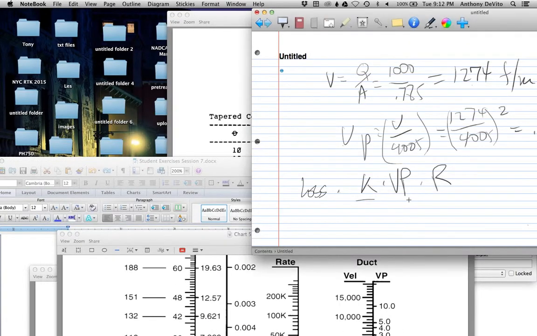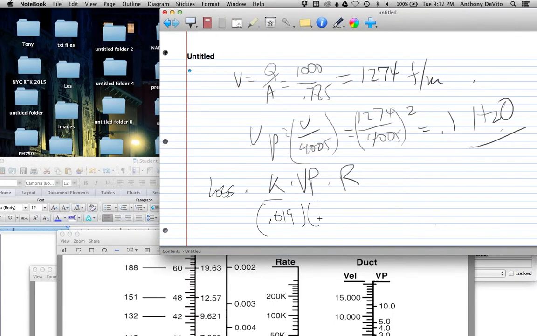So our static pressure loss, the amount of static pressure that we're going to lose going through this transition is going through this how many feet? 100 feet of ductwork is going to be equal to 0.019 times the velocity pressure, which was equal to 0.1, times the roughness factor, which is 1, times the length of the ductwork, right? This is per foot of ductwork. So it's going to be the length of the ductwork, which is 100. So this comes out to